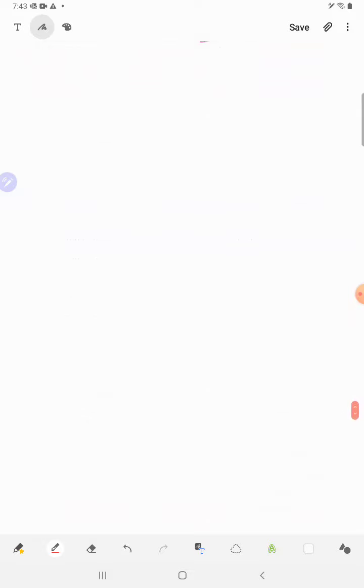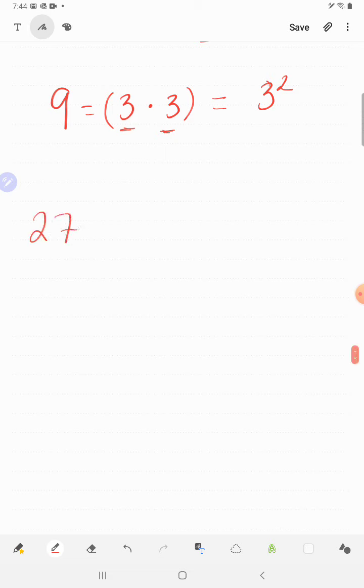All right, so our next example says to rewrite each number in exponential notation using 3 as the base. So if I had 9, we all know that 9 is also 3 times 3. So another way that I can write the value of 9 is by saying 3 to the second power, because it takes 2 3's being multiplied together to equal 9. So if I was to do 27,